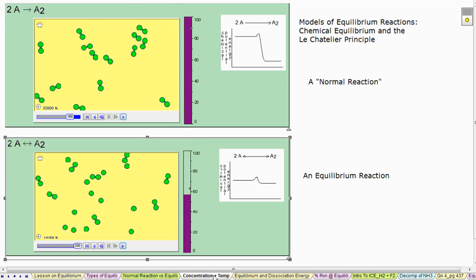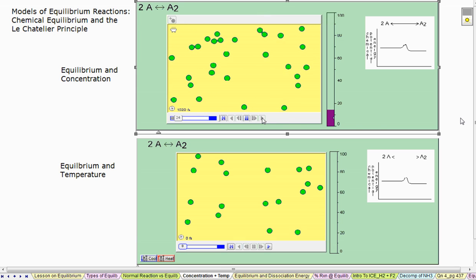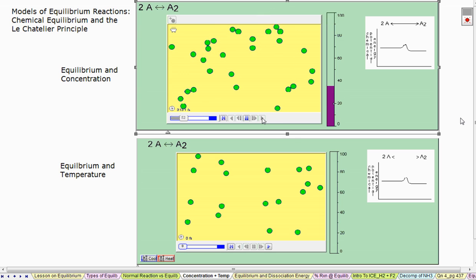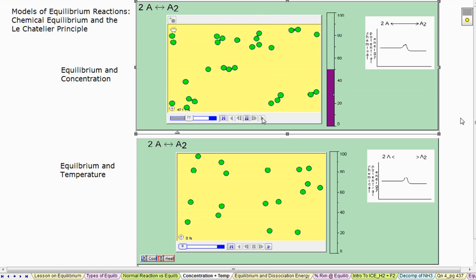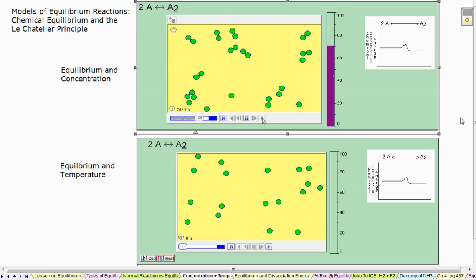Now what we're going to do is take a look at some factors that might affect the equilibrium of a reaction. So again, same type of model. On this we're going to look at two factors here: equilibrium in concentration and equilibrium in temperature. So I'm just going to run this first video here, and we'll take a look at what happens. So I'm going to initially let the reaction take place. We're going to establish equilibrium, which in this case will be about 60% of potential energy,